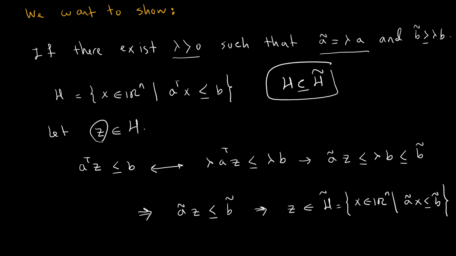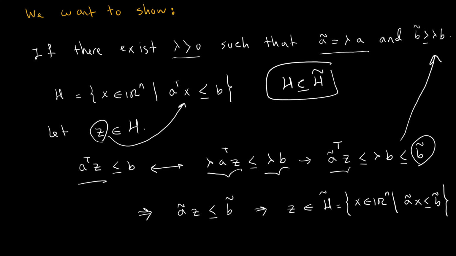that arbitrary point Z is in H, we can just plug Z in here to get this inequality. And once we have this inequality, we can multiply by lambda to get this inequality. And because we know that lambda times A equals A tilde, we can put A tilde transpose here, and this is less than lambda B. Also, we know that lambda B, according to this assumption here, is less than B tilde. That means A tilde transpose is less than B tilde,